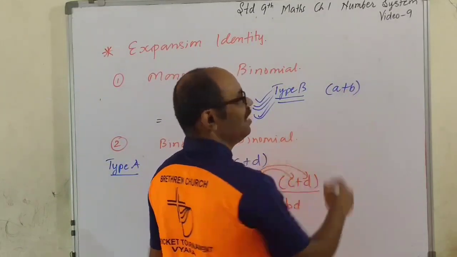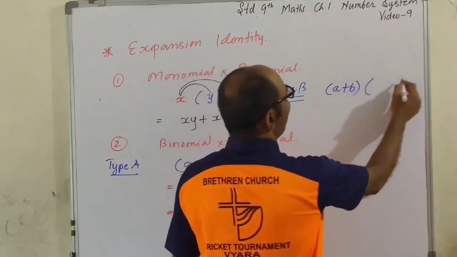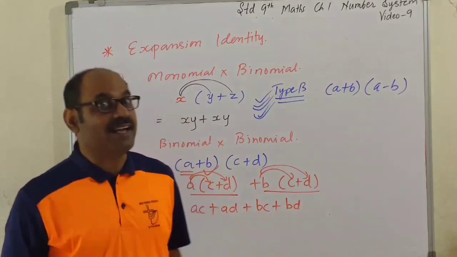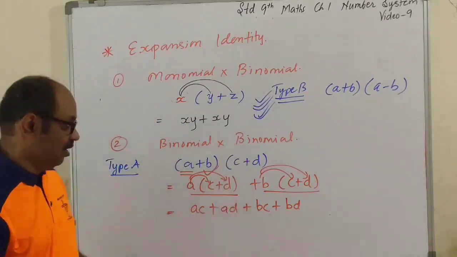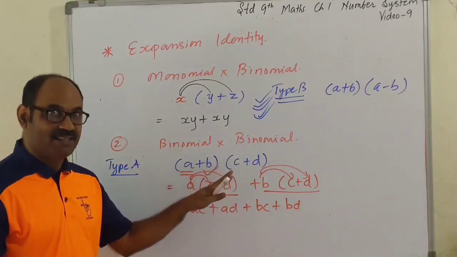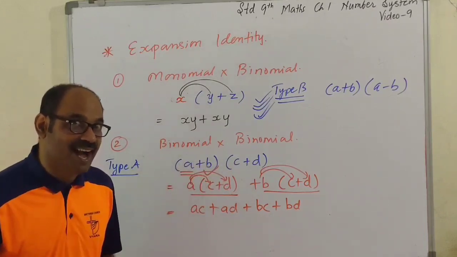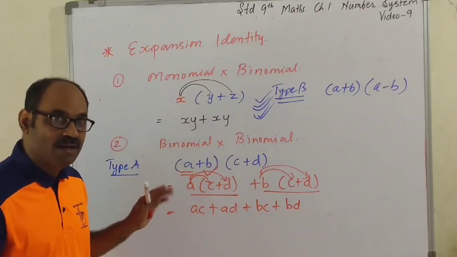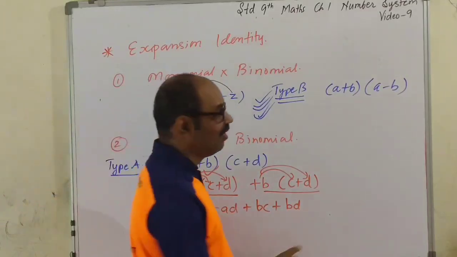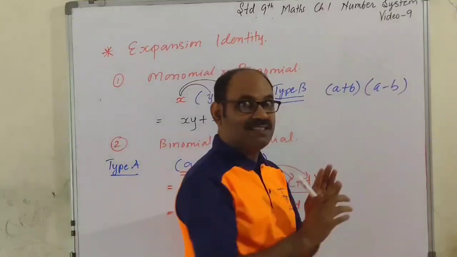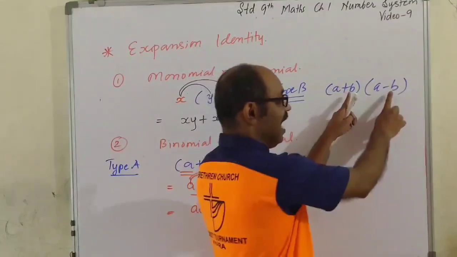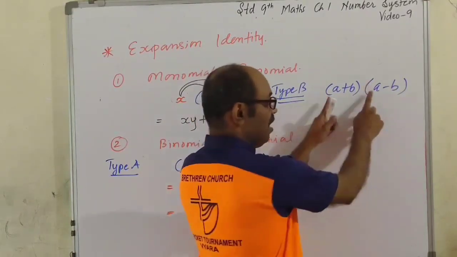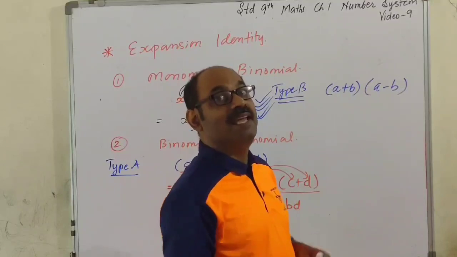A plus B is the first binomial and A minus B is the other binomial. See the characteristic of this binomial into binomial. Here also we studied the property characteristic. ये दोनों binomial की characteristic क्या है? फर्स्ट में टाइप A में चारों टर्म अलग है, all four terms are different. यहां कुछ ऐसा नहीं है. यहां दोनों बाइनोमियल के फर्स्ट टर्म सेम है एंड द नेक्स्ट सेकंड टर्म्स दे आर ऑपोजिट. प्लस बी माइनस बी, दे आर ऑपोजिट. प्लस ए सेम, प्लस बी माइनस बी ऑपोजिट.